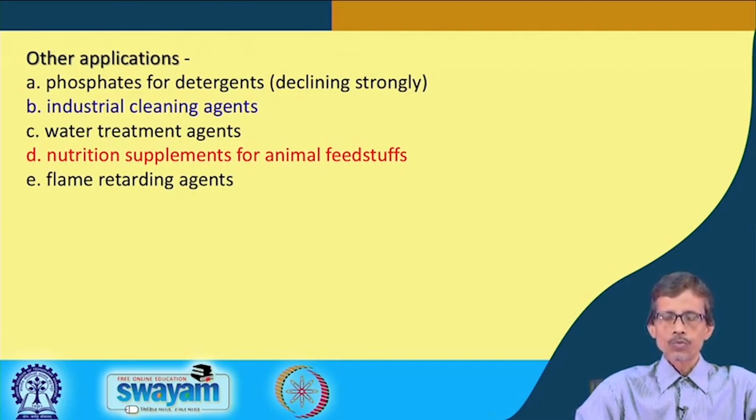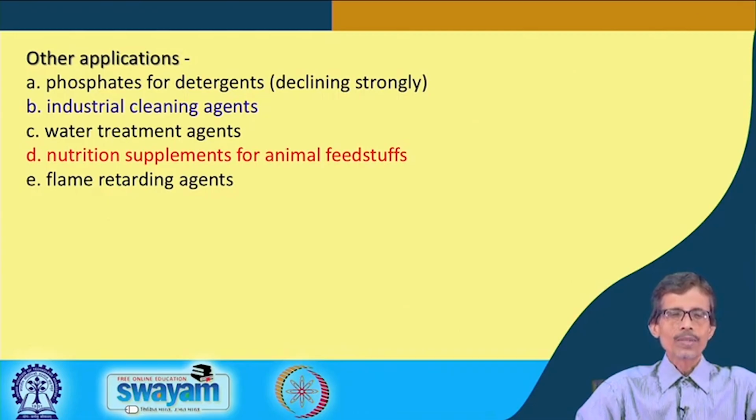That means it is useful for the health of the corresponding plants. So agricultural growth is also dependent on the amount of phosphorus, the right amount, not any amount. So the right amount of phosphorus in the soil as a micronutrient. Similarly, some animal feedstuff can also utilize some phosphates as a nutritional value enhancer